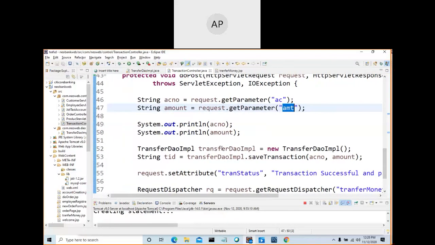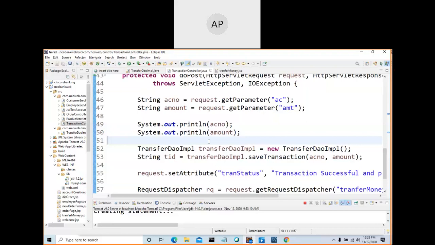What I am going to do is write the database connectivity logic and store it in a different class. I can write it here itself, or I can write it in a separate class. As per the design pattern, we'll have a servlet. In the servlet, write only the code related to receiving the message from the browser and sending the response. So you only have logic related to this.